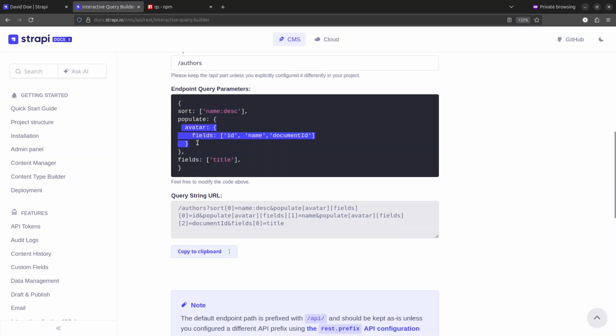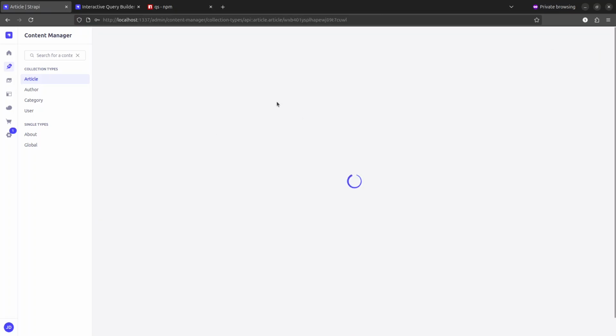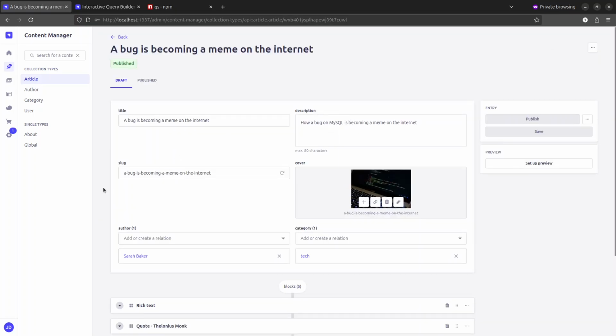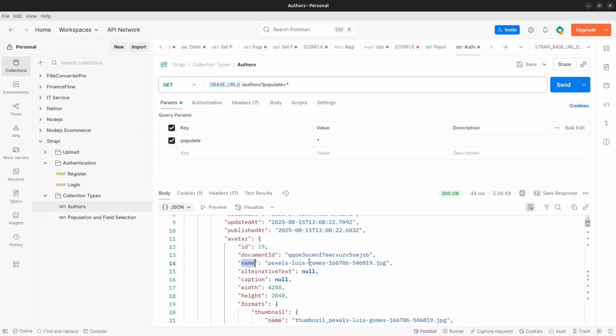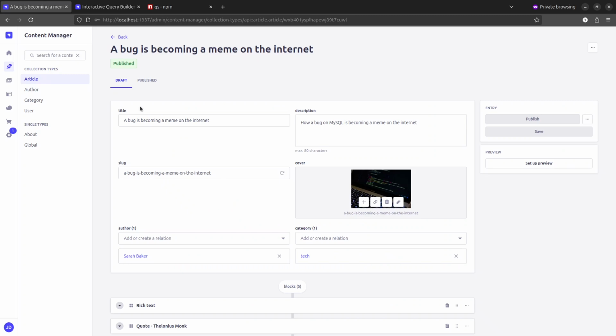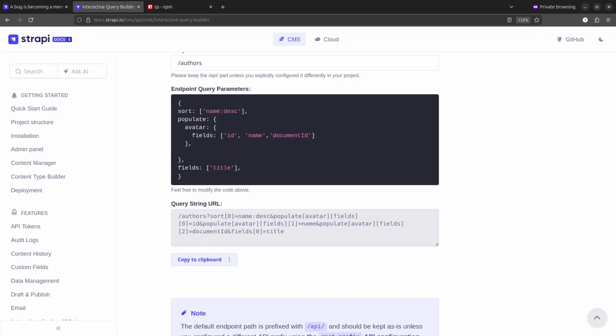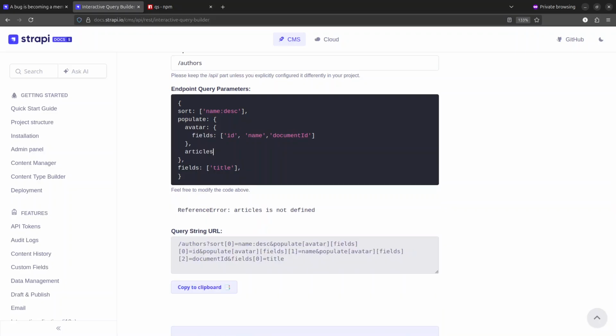So these are the fields that you will get in avatar. Similarly, we also want a few fields in articles. Let me show you what the fields are in article. So we have title and descriptions, cover, and many more things. Let me see what fields we are getting here. Okay, so we are getting ID, document ID, title. Here also I want these three fields: ID, document ID and title. So I will add a comma here and I will say articles like this,